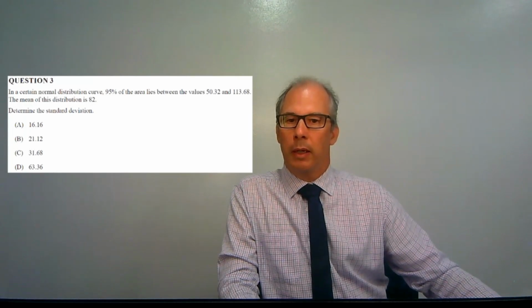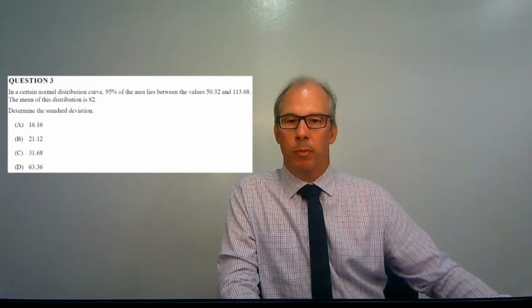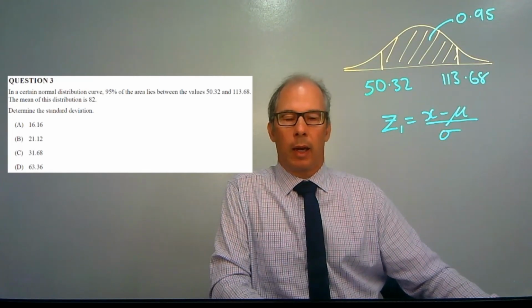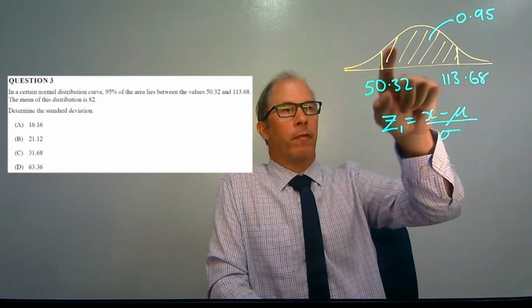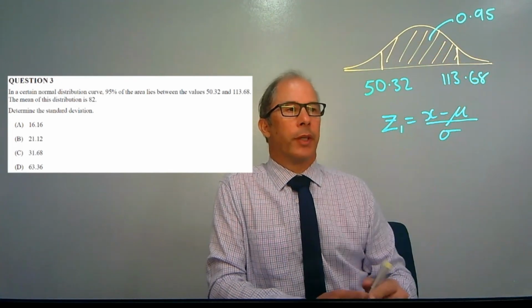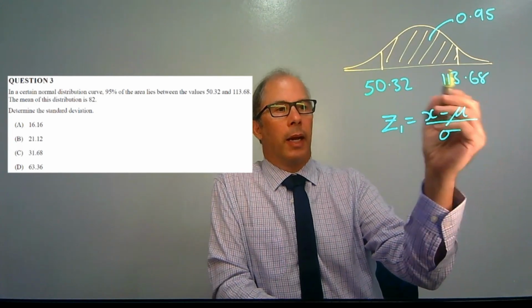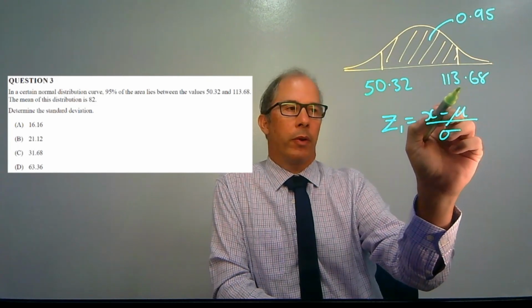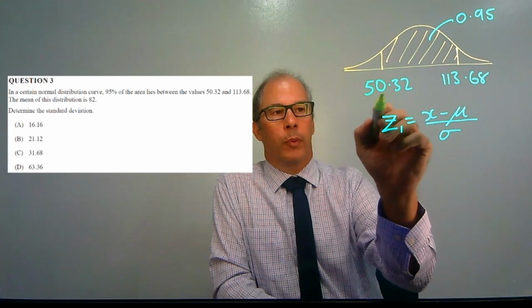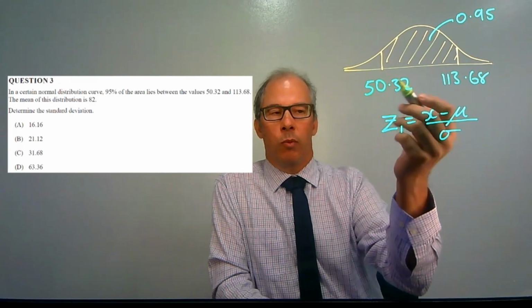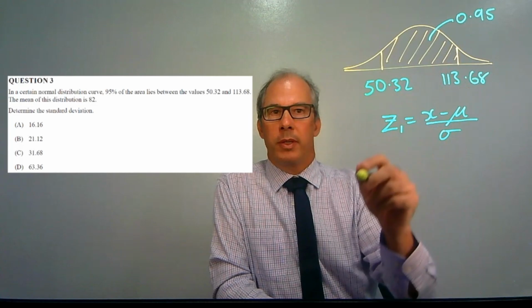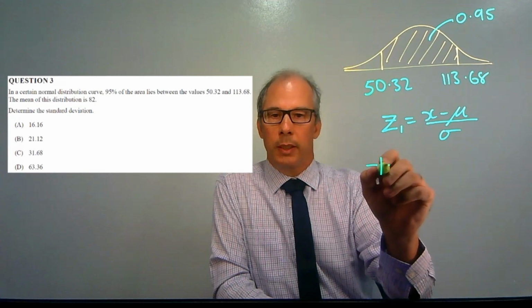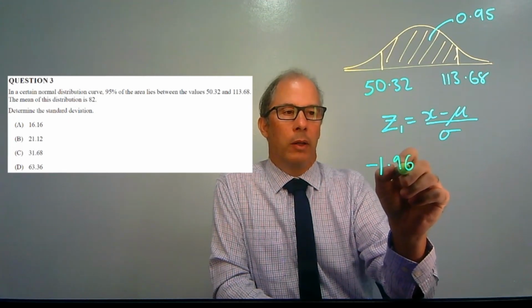For this one, I'm going to start with a bit of a diagram just to explain what I'm thinking. I've got the distribution here, 95% of that area between 50.32 and 113.68. I can either work with the 50.32 or the 113.68. I'm going to choose this value here, call this Z1 if you like, and I know that 95% of the area is going to be represented by a value of negative 1.96 for our Z-score,